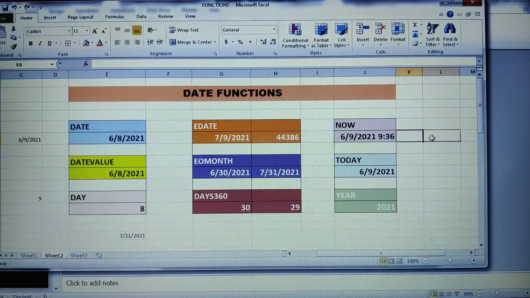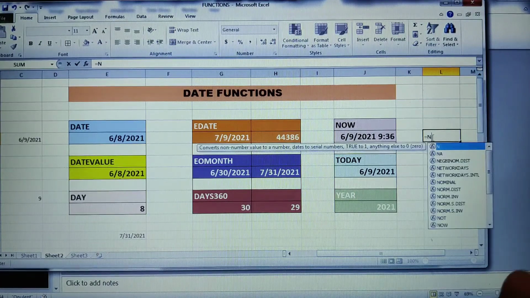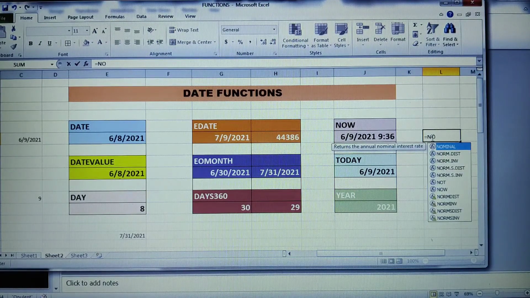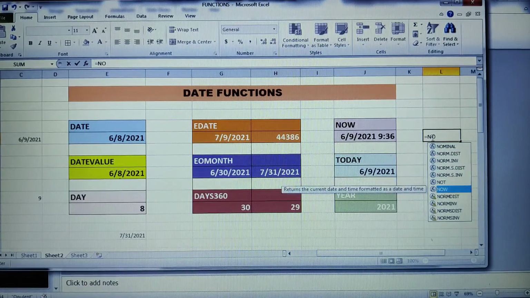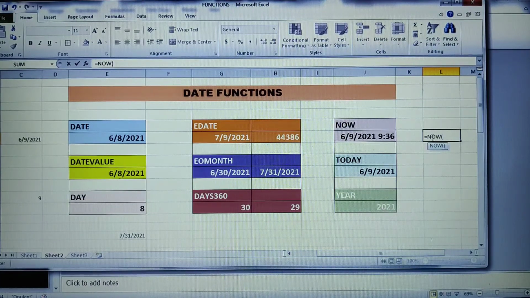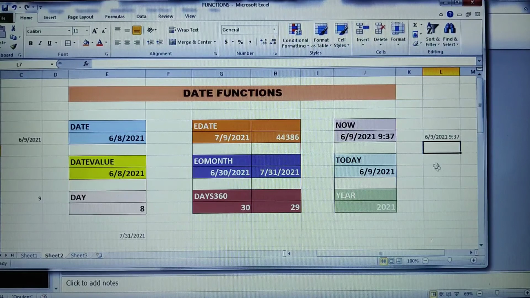I'll execute, equals to, when I click on NOW, we have the option, and then we should use the tab. So just press enter. See, it is returning me today is the 6th month, 9th day, 2021. The time is 9:37. Clear?